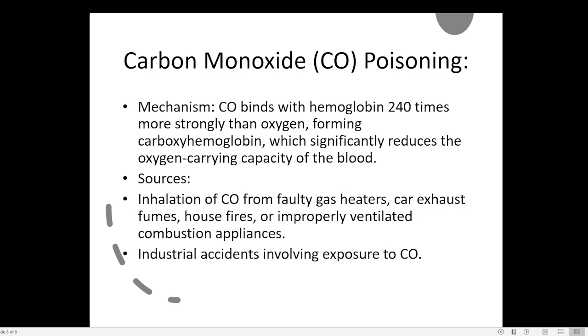Now what are the sources? Carbon monoxide is a very difficult gas to detect. Only by using certain electric sensors can you detect the presence of carbon monoxide. Inhalation of carbon monoxide, faulty gas heaters. Nowadays in our homes we don't use any gas for heating, but if you go to North India, during the winter time they have to use heaters, and many of these heaters work either on electricity or on gas. So if you are using a gas heater, it can produce a little bit of